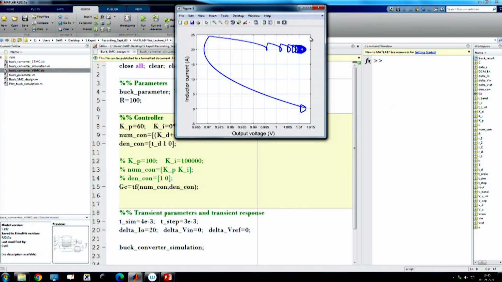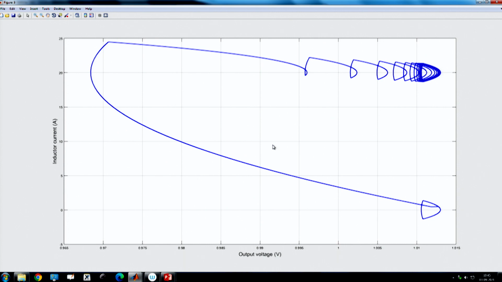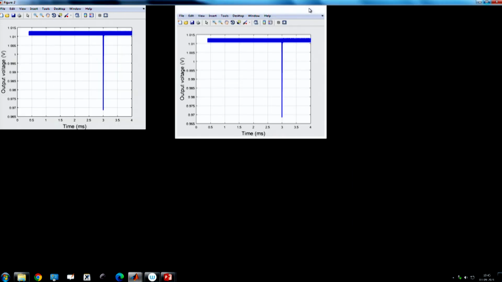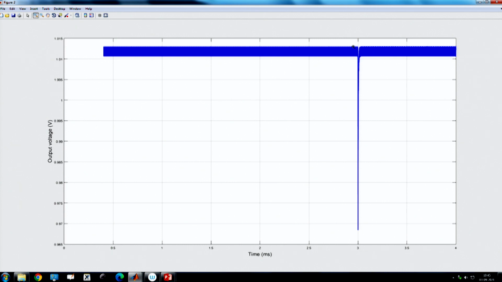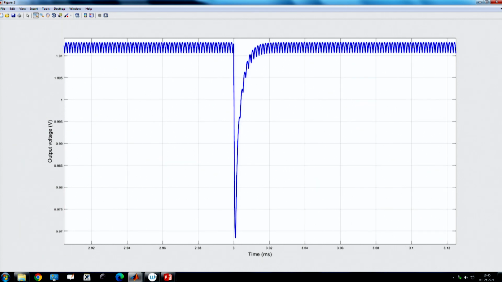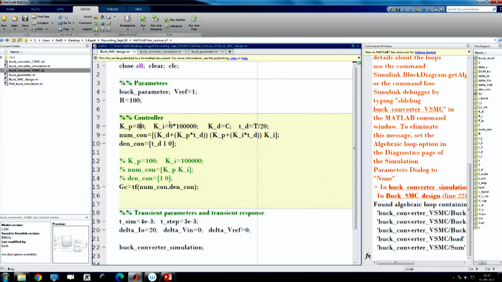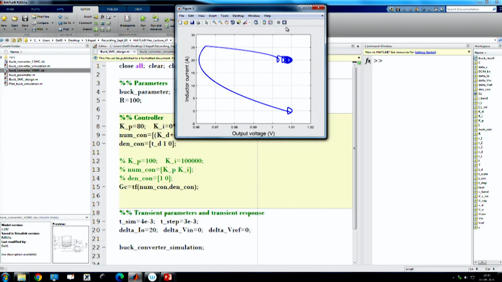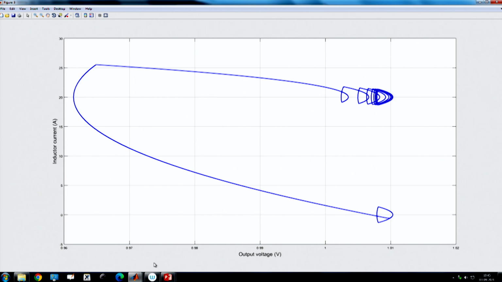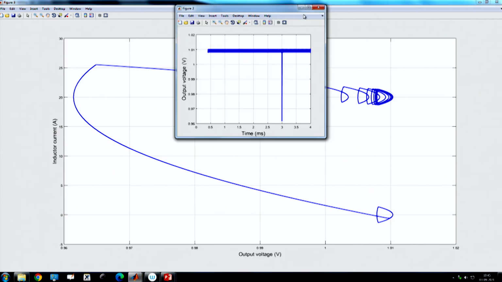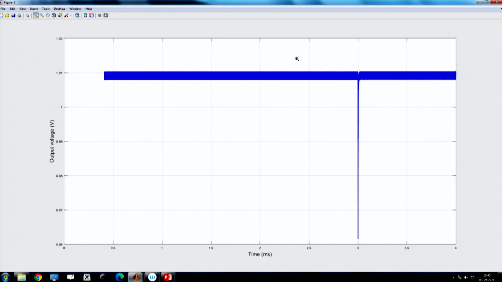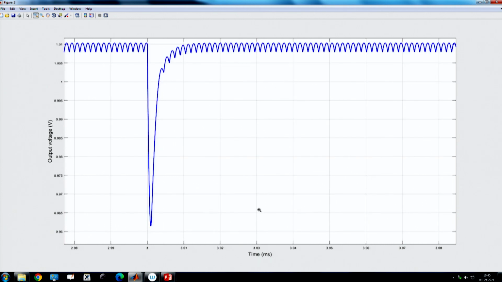So, this is my voltage based realization, there is no current realization here, but you can see it is taking more number of cycles to reach steady state. That means it is not optimized, or it is not the optimal performance. So, you need to increase, but there is also steady state error. So, first let us see what should be our Kp. If I set Kp to be 80 for example, then we will see that we are getting near to the optimality condition, but still it is not exactly coming to the optimal. That means it is still slightly over damped.